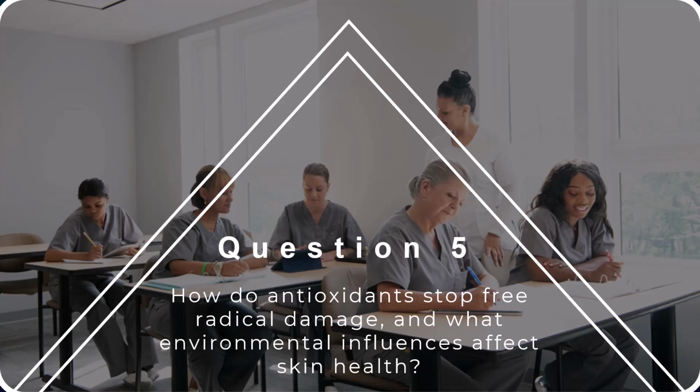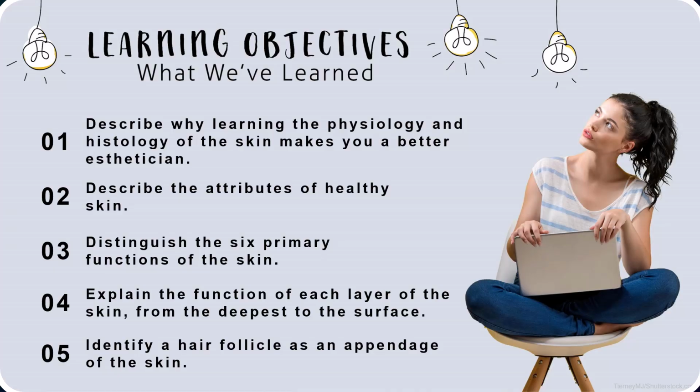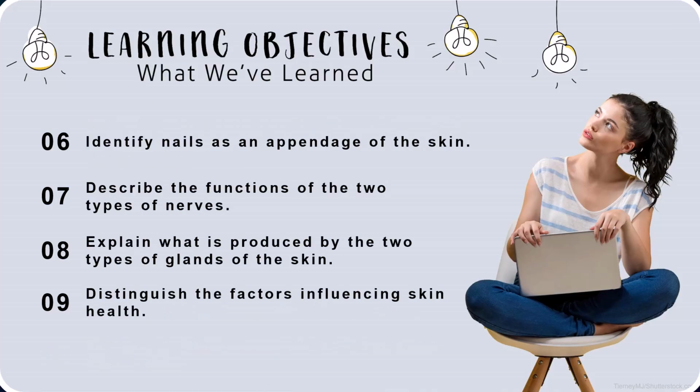Question number 5 is, how do antioxidants stop free radical damage, and what environmental influences affect skin health? So our learning objectives were to describe why learning the physiology and histology of the skin makes you a better esthetician, describe the attributes of healthy skin, distinguish the 6 primary functions of the skin, explain the function of each layer of the skin from deepest to the surface, identify a hair follicle as an appendage of the skin,